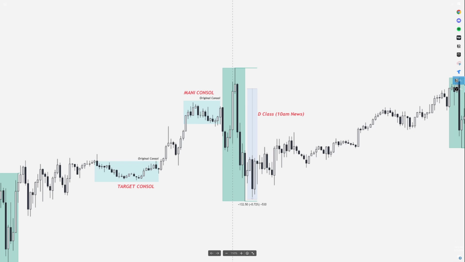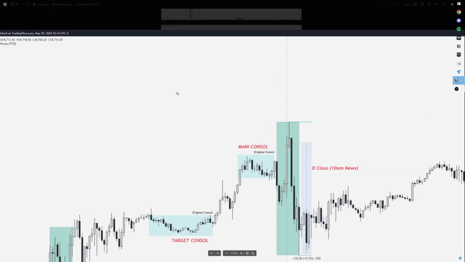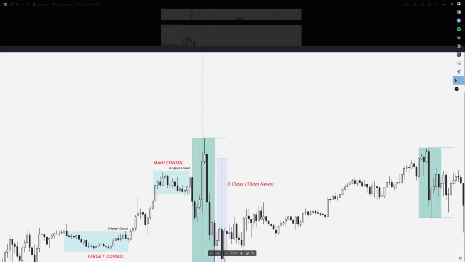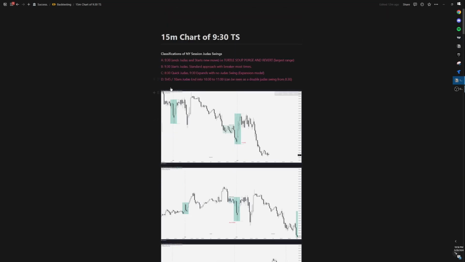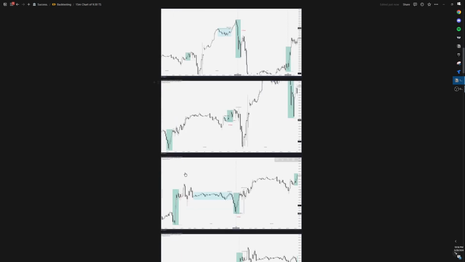So if you go back and look at this picture, what screenshot is this? 15. So 9:45 to 10 a.m. ends the Judas swing, and we expand into 10:30, 11. Actually, this is a little bit later, but into 11 o'clock, and can be seen as a double Judas swing from 8:30. So if we go back